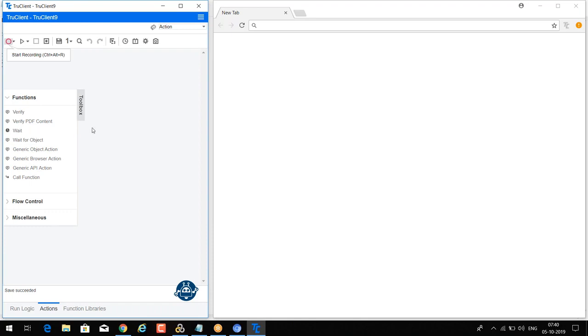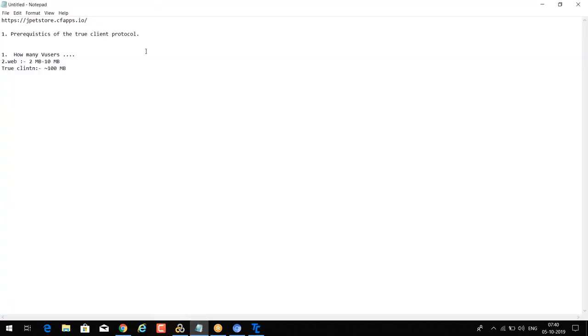So now I'm going to record. This is the URL that I'm going to take. Suppose I have one condition. I have one transaction, on the dashboard. Now, based on the status of these transactions,